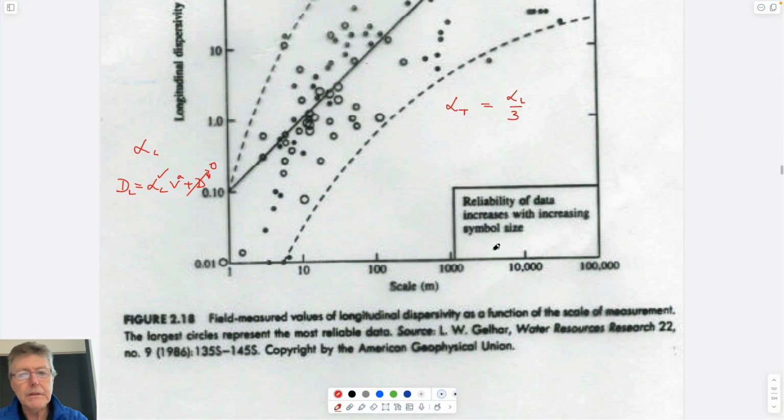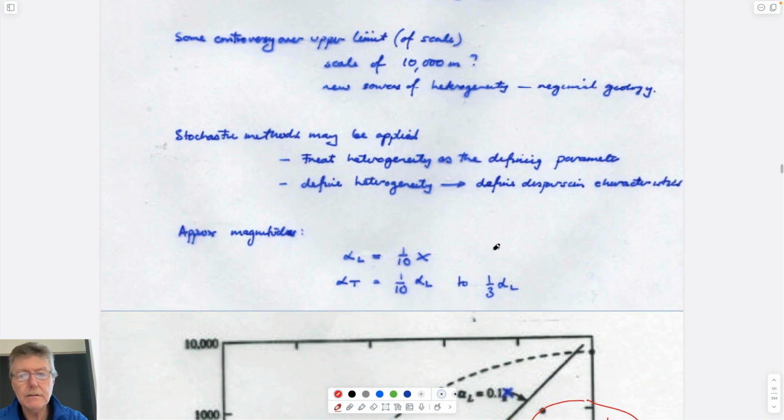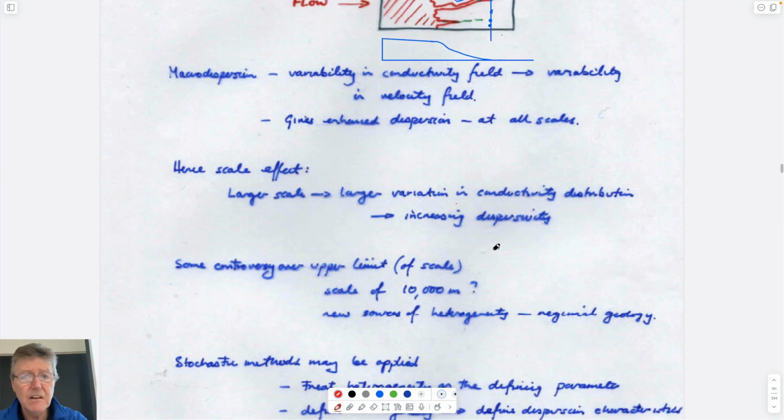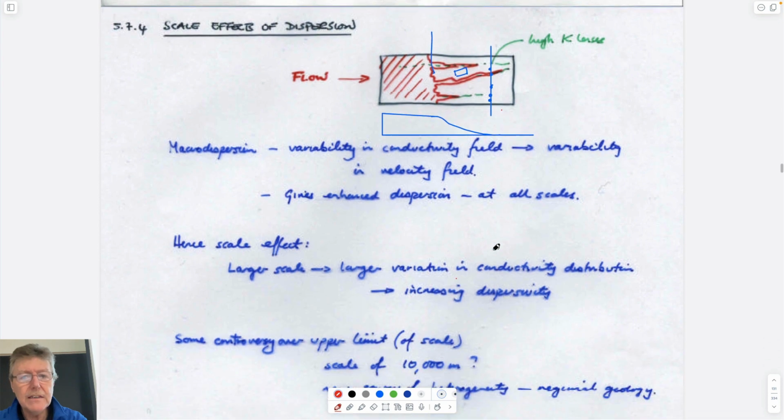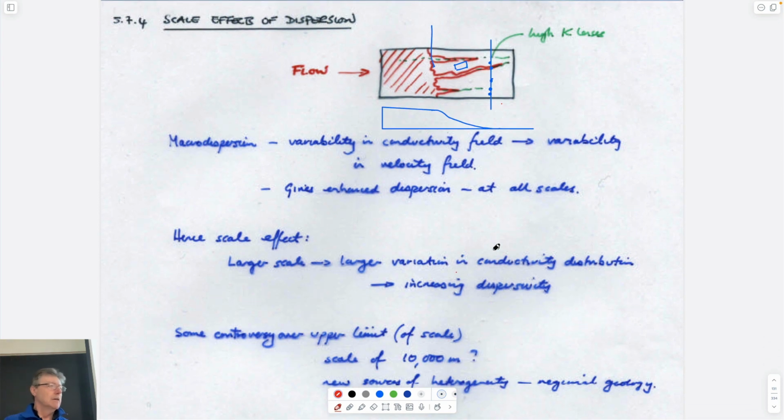And yeah, that's it. And that's kind of said here. But I think the main idea is that lab tests don't work very well for dispersion, but they do work for molecular diffusion. And so if you're designing a nuclear waste disposal site to get rid of low-level nuclear waste,